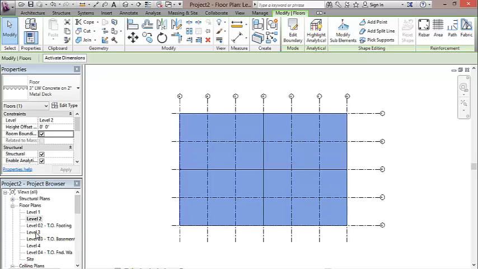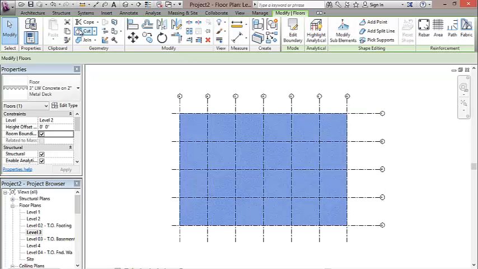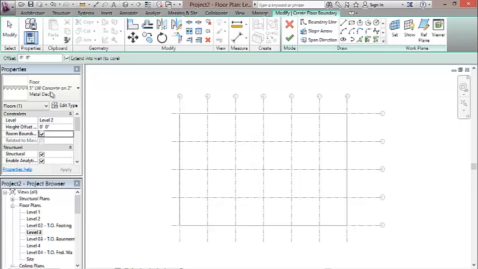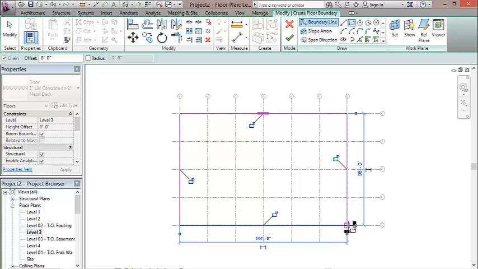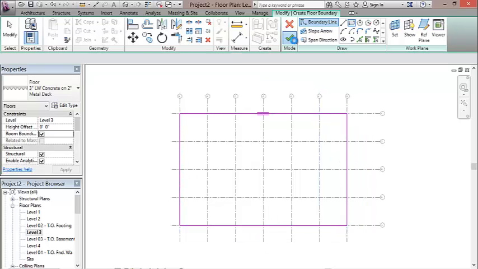Once again, we're going to go to level 3, place another floor here using the same tools. So we go Structure, Floor. It's remembered that our floor was 3-inch lightweight concrete on 2-inch metal deck. Using the rectangle tool again, placing it in the exact same location as our floor from the second floor. Green check, we'll create it again